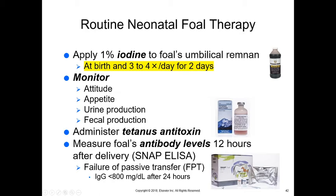The problem that we see is a failure of passive transfer of the mare's antibodies, which means their immune system is worth nothing. They are susceptible to every and any disease that is out there. They do make a SNAP test for this, so if you've seen a heartworm SNAP test, it's an ELISA test. You put in the blood and the reagents, and you snap it down, and it'll give you a reading of